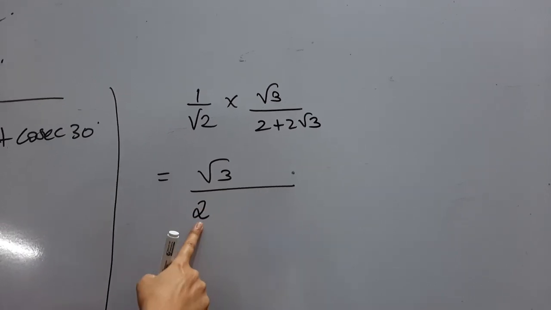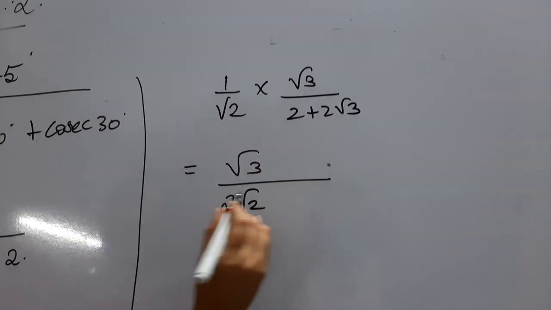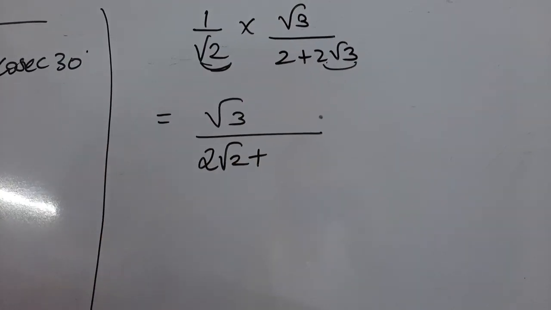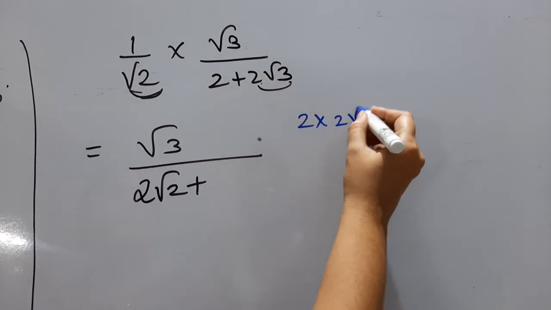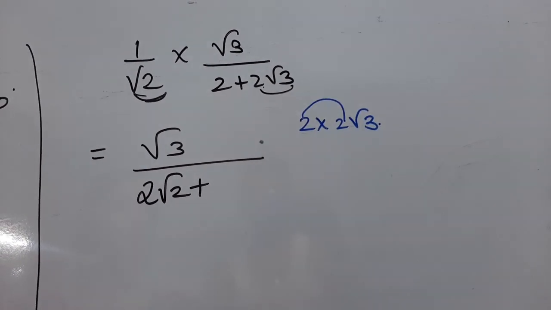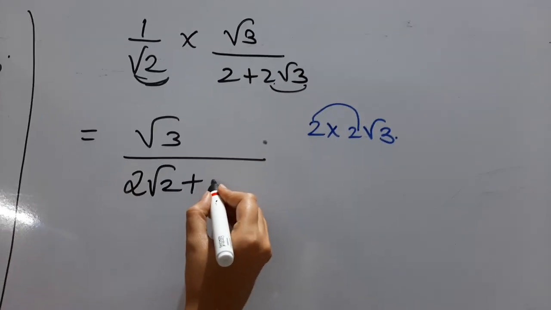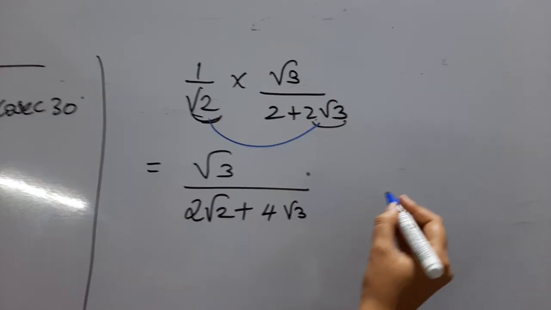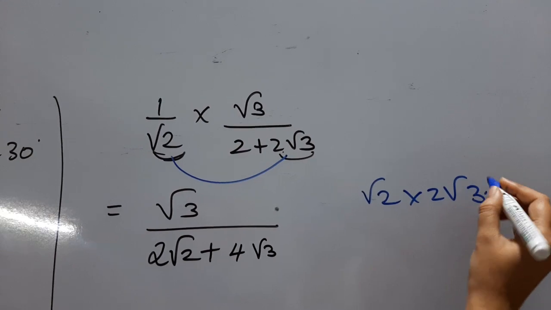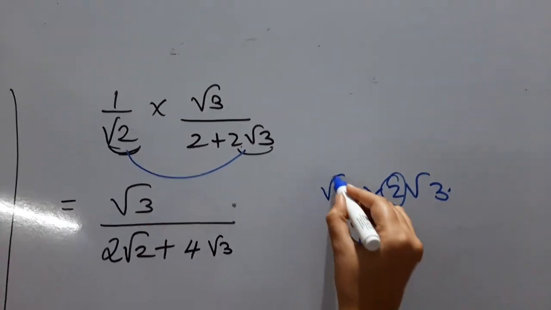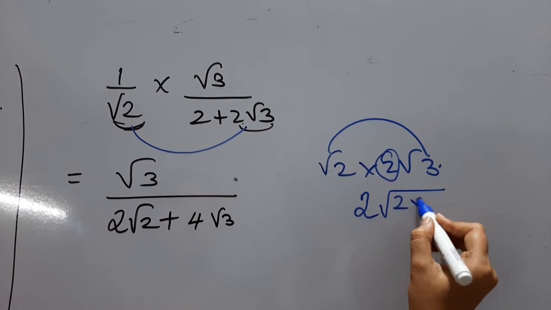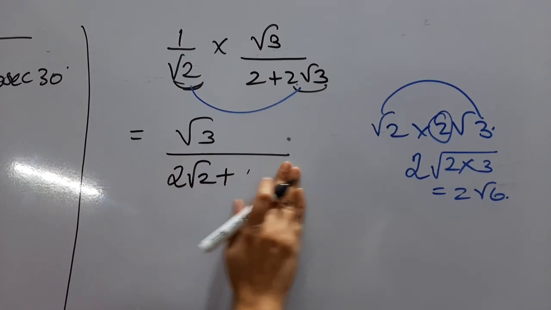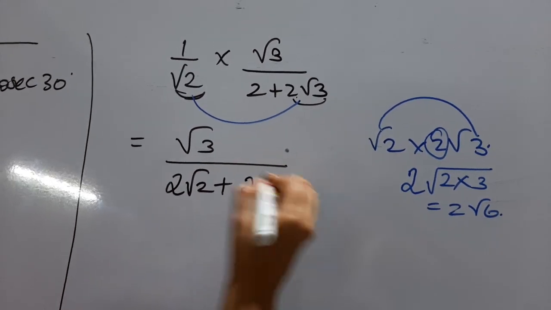The product of a whole number and a root number is 2 into root 2, plus again 2 root 3 into root 2. Whole numbers I can multiply and root 3 I can write as such. So here I will get 4 root 2 into 2 root 3. Root numbers will be written as such. Square root numbers can be multiplied. So 2 under root 2 into 3 becomes 2 root 6. So I'll get 2 root 2 plus 2 root 6 in my denominator.